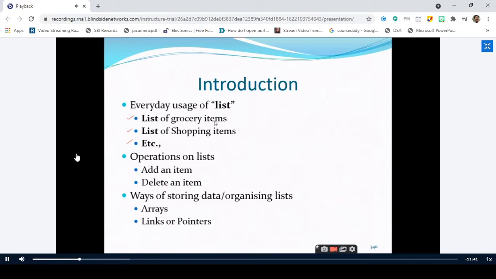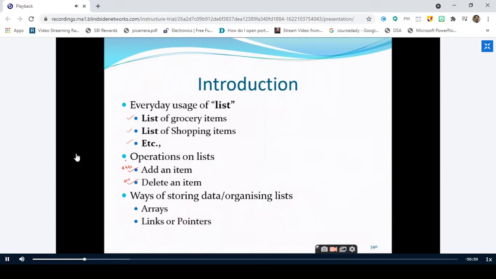The collection of nodes. We have different operations that can be performed on this list, but addition of an item into the list and deletion of an item from the list is a very important concept. We have a lot of programs related to adding an item to the list and deleting an item from the list. Again, we have three types of addition: addition at the front, addition at the middle, addition at the end. Similarly, deletion can also be done at the front, at any desired location, or at the end of the linked list. This programming part I will discuss in the end, don't worry.